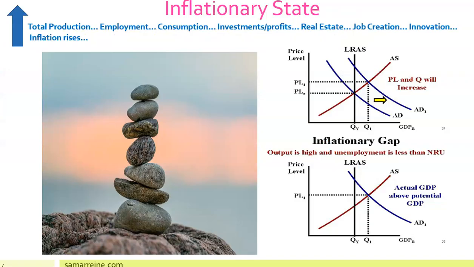In our third market state, or in this case, the state of the economy, we're looking at an inflationary state. Inflationary comes obviously from inflation. So what's happening here is that if you think of inflating a balloon, you're always making it bigger. Those are really wonderful images to have in your mind. What we are looking at here is the complete opposite of recessionary. What's total production doing? It's going up. See the arrow up? Employment is increasing, consumption is increasing, investments and profits are on the rise,